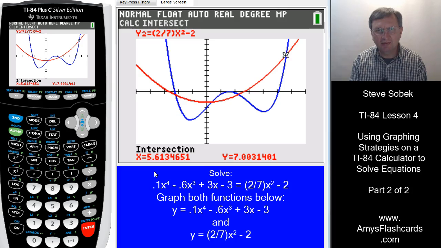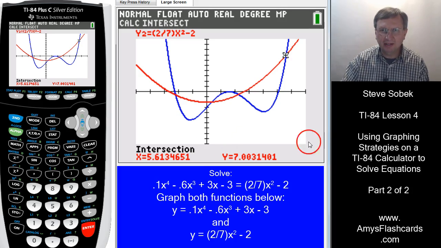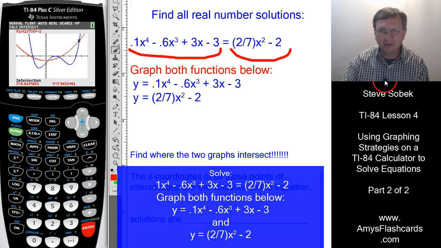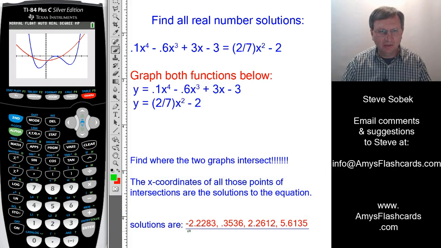So this is the second of the 2 graphing methods. So let's go back and type in those values for our solutions. Okay, so let's go ahead and record those 4 solutions. Notice that we're just writing down the x coordinates of those points of intersection. In this case, we had four